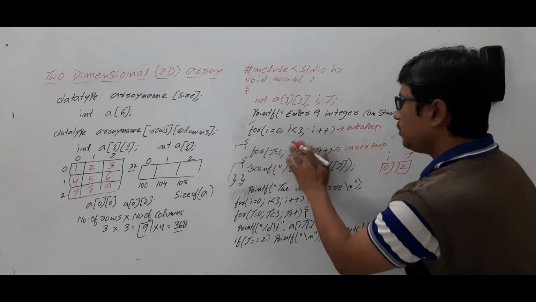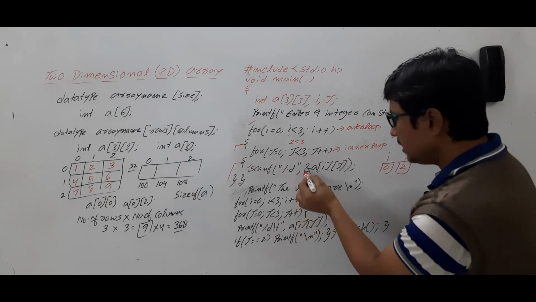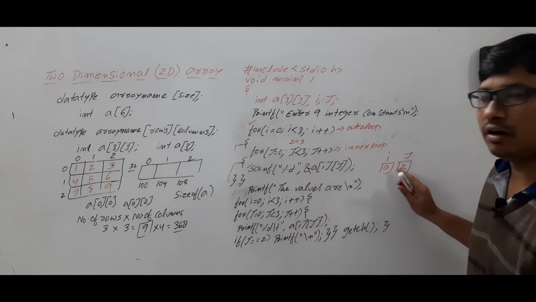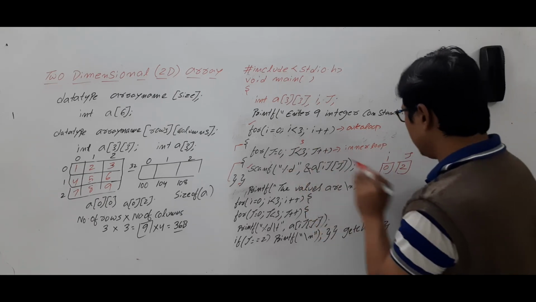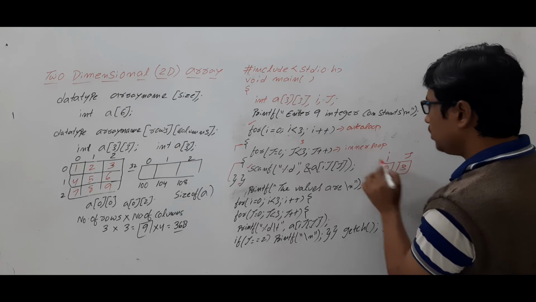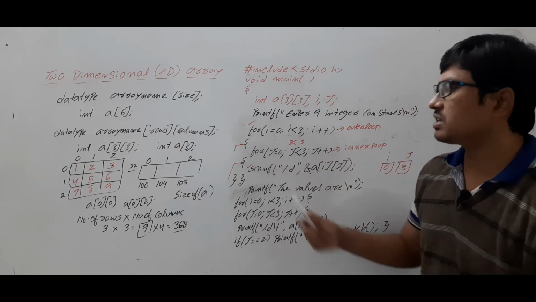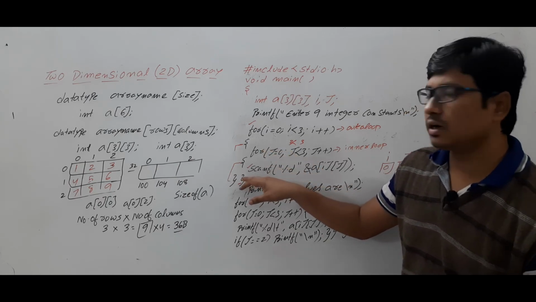Okay, now look at the condition, 2 is less than 3. Again the condition is true. Again you will read an element and you will store it in the address location of a[0][2]. Then the j value will be incremented, updated to 3. Now look at the condition, 3 is less than 3, no, 3 is equal to 3. This condition is failed. Once this condition is failed, you will come out from the